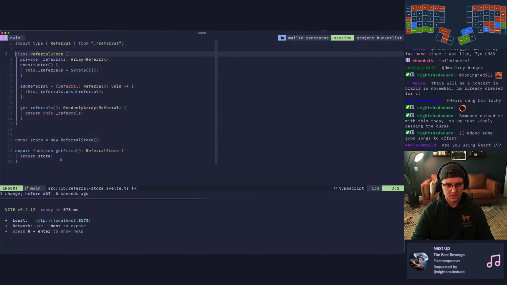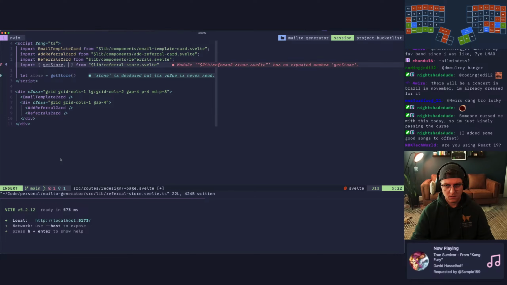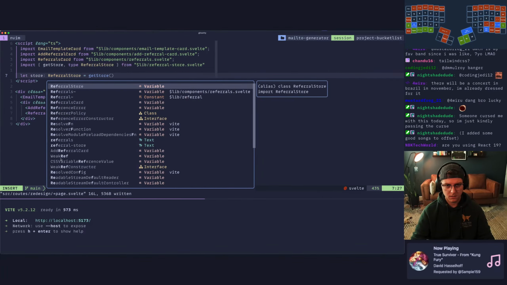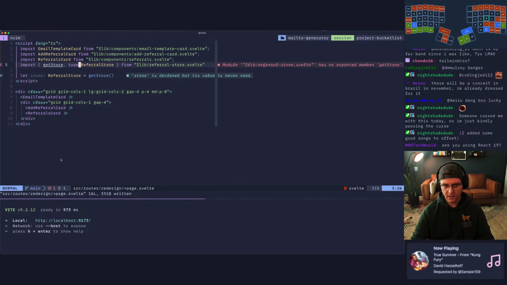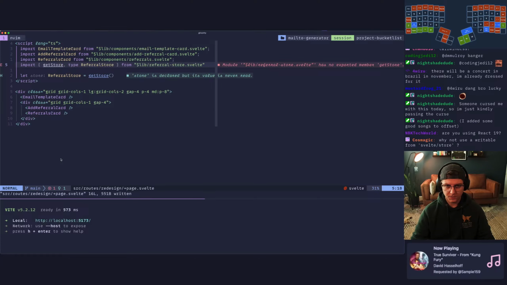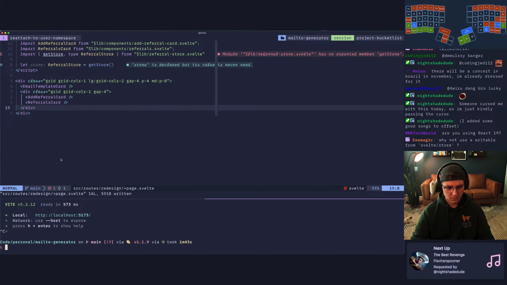I guess I have to export this, and I just have to annotate this as referral store. I don't know why that wouldn't be able to infer that. Has no exported member get store. We literally just saw it. We're using Svelte 5, so we're using runes to do this.